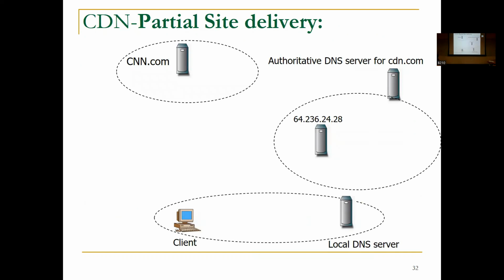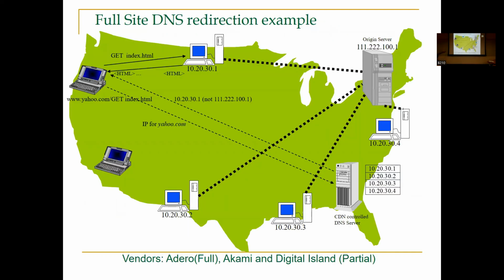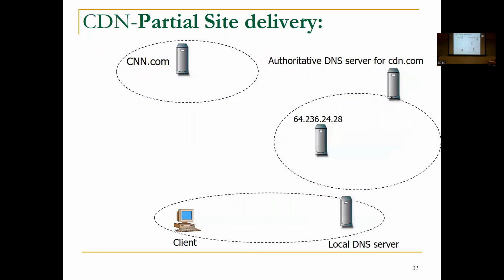In the previous case we assumed that the entire thing had been replicated fully. Partially means whenever the first request is made, it is always made to the original server. Once the initial page has been passed, all the objects, images, and other heavy data to be provided on the page will be provided by the surrogate server. So it is not fully replicating, but partially replicating. It provided all the images here to the server.